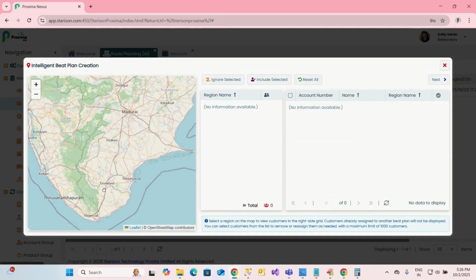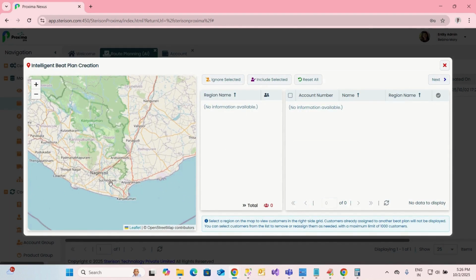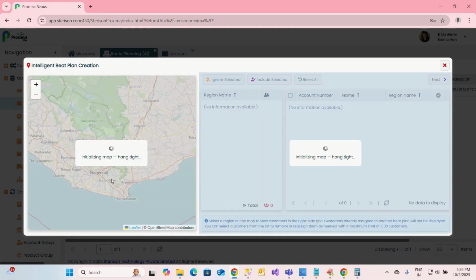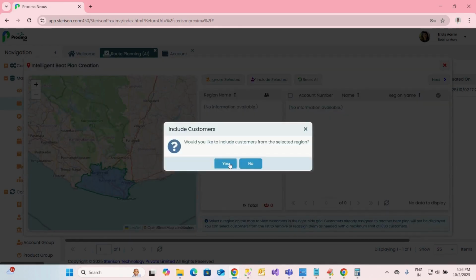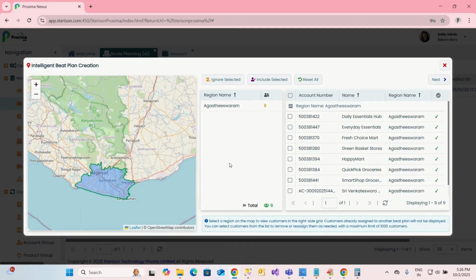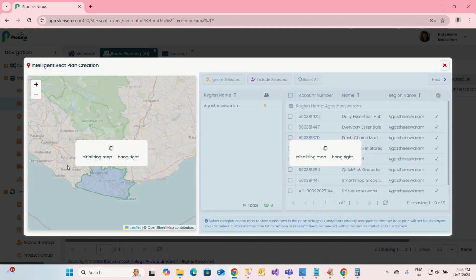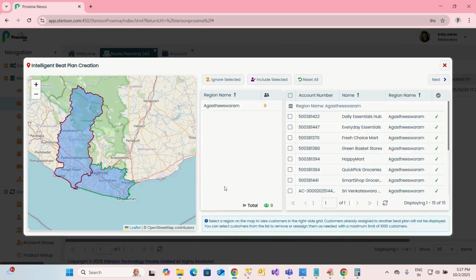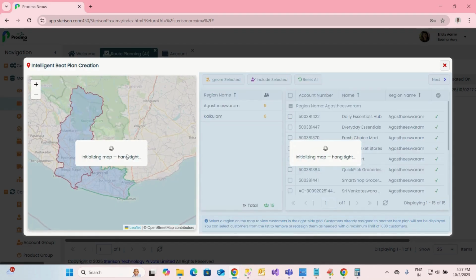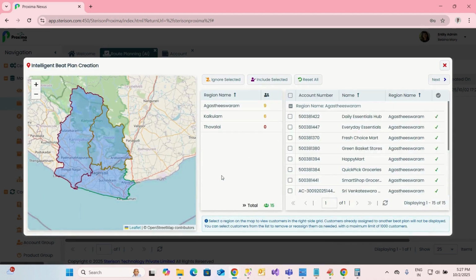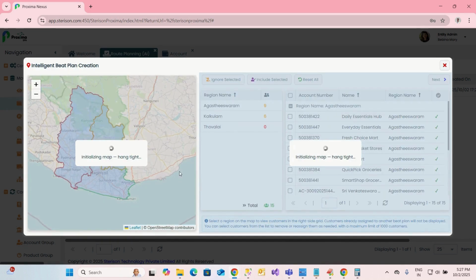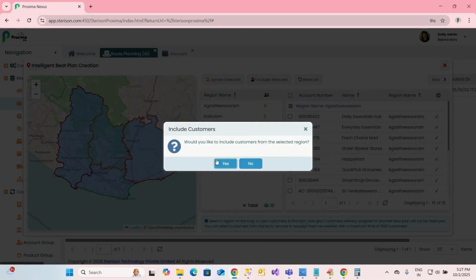Select the region on the map where you want to add customers to the route plan. In the Agasthiswaram region, 9 customers have been identified. Now, when selecting another region, in the Kalkulam area, 6 more customers are identified. There are no customers found. Adding another region,